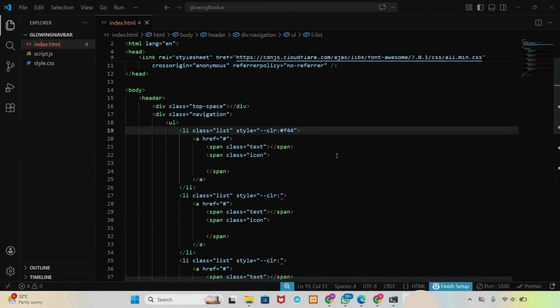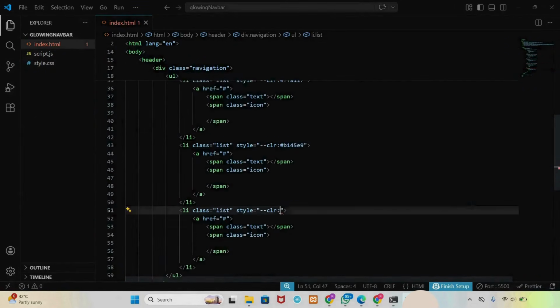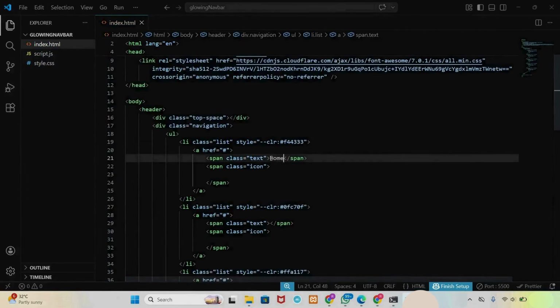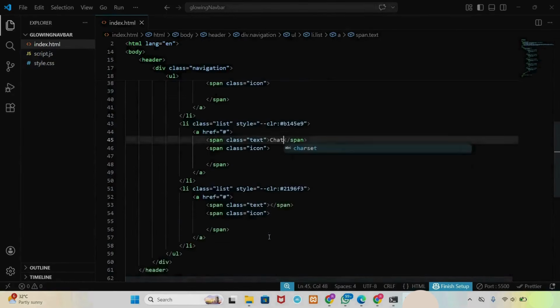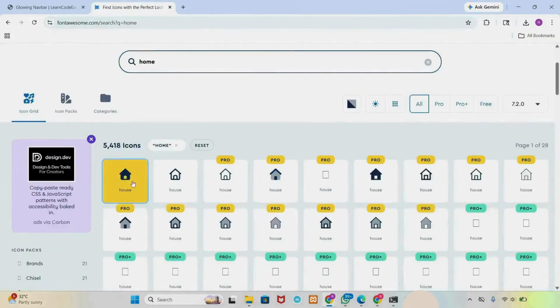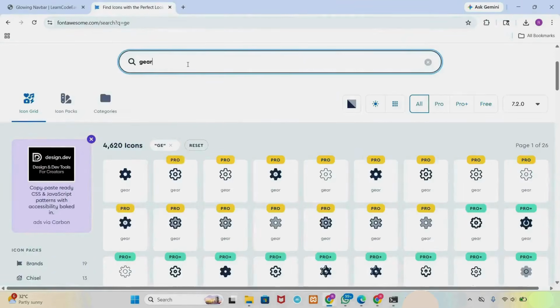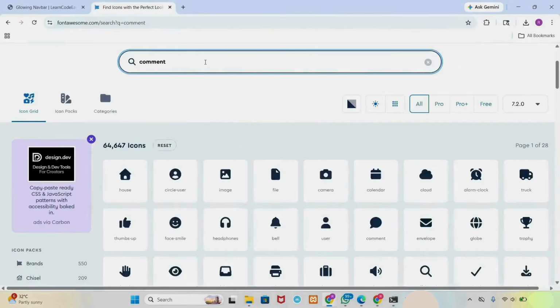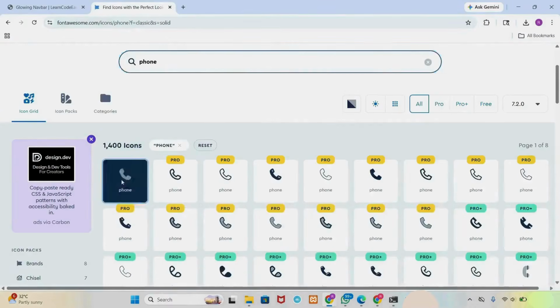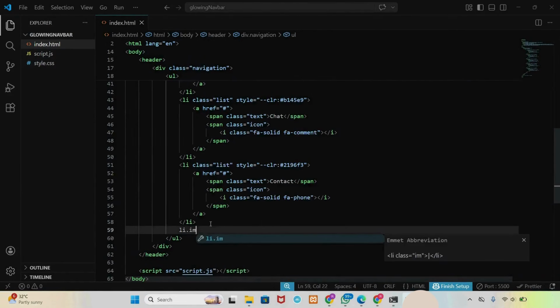Inside each item, we add text and an icon. And this extra element called indicator will move under the active item.